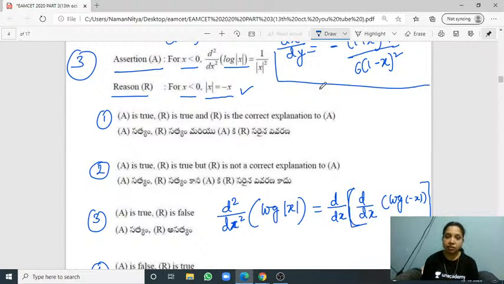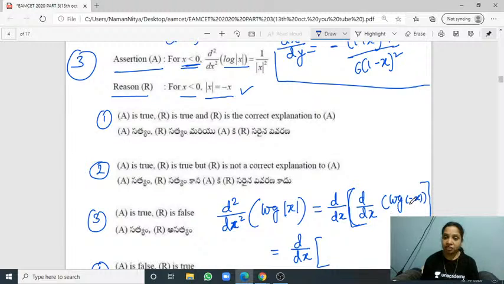Because it is given in the question that x is less than 0, mod x is nothing but minus x only. Right? So with the help of this, we can just write in this way. Now d by dx of,